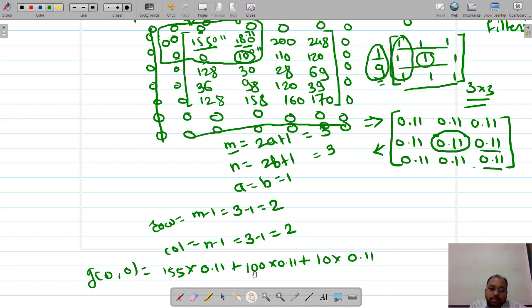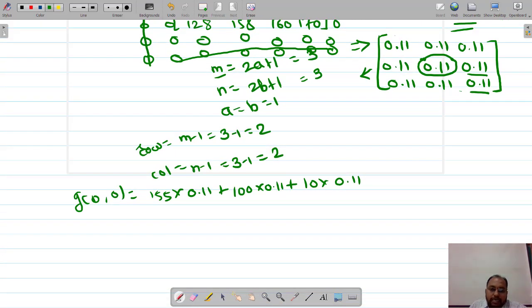Is that fine? Now you can understand why we are calling this a weighted average. Weighted means we have done the weighted sum already, and that sum we have divided by 9. That's why it is called weight we have assigned.